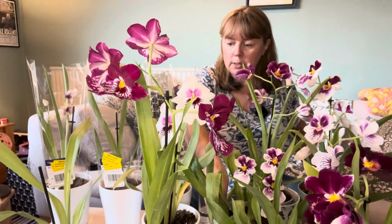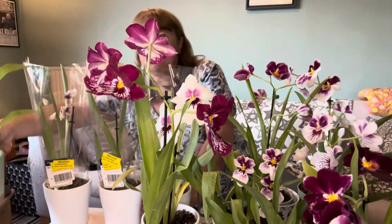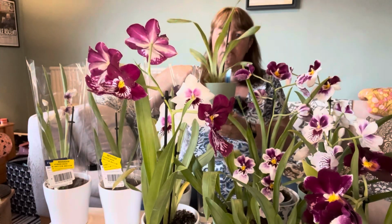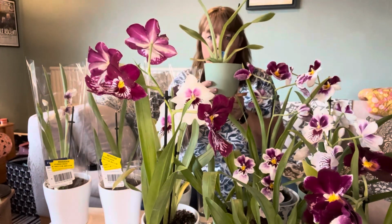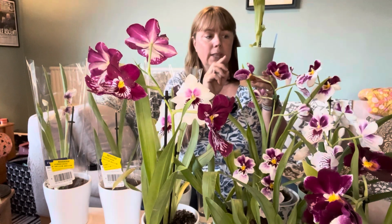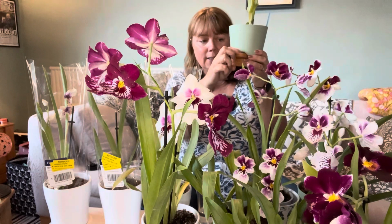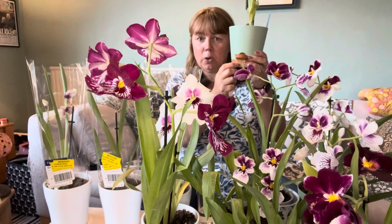So I've got one example down here. There we go. So all the flowers have gone. I've repotted it in self-watering, and you get different self-watering pots, but these are very reasonable ones that I use. There's not a pot inside a pot, it's just this pot that you plant into, and then underneath there's a reservoir and a little spout that you can keep feeding with water, and